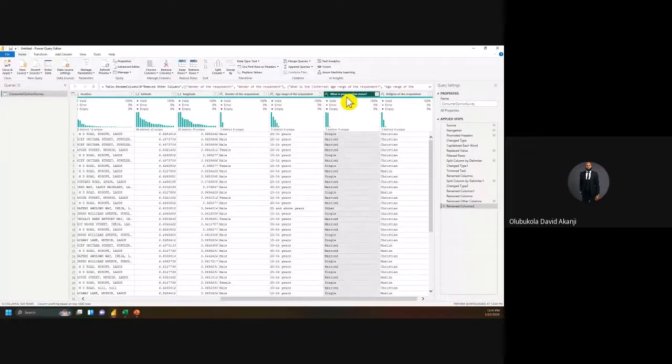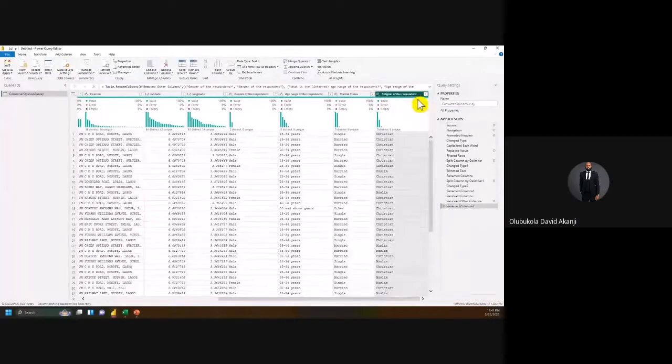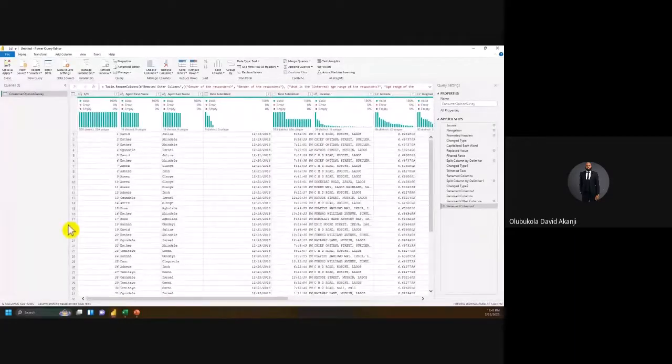This particular one, I rename this one marital status. Then religion, the religion of the respondent. So now I have all my data, right? So the next thing I need to do, now that I'm satisfied with my data cleaning, consumer opinion survey too,